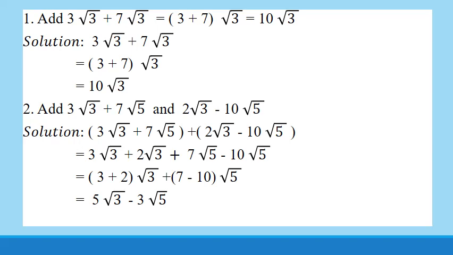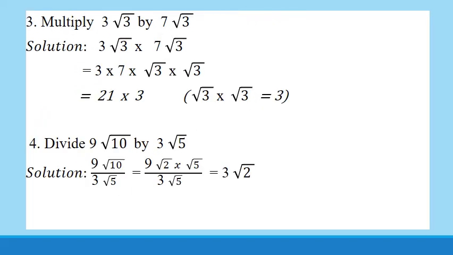So simply you have to add or subtract these real numbers and keep the irrational numbers as they are. Now you will add these two binomials. The signs are as it is. If you will see here, the common terms are root 3, that is like terms you can say, so we will put them together. So it is 3 root 3 plus 2 root 3 plus 7 root 5 minus 10 root 5. So again take out the common one, that gives you 5 root 3, and 7 minus 10 means minus 3 root 5. So in this simple way you solve the different problems.